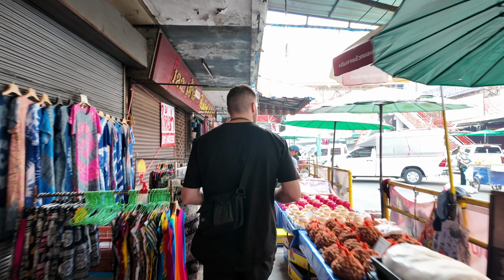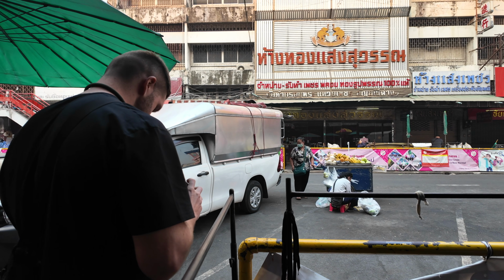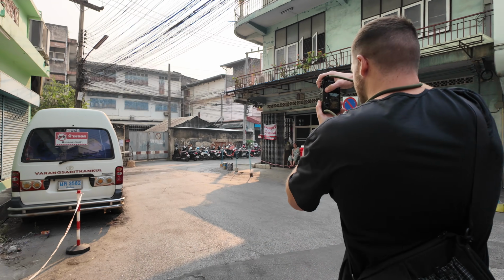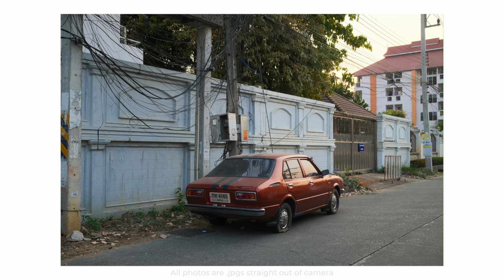Okay, but let's talk about this camera from a photography perspective. Now, I have taken this thing out all over Chiang Mai. I've brought it to a few different markets, and I've also just driven around on my motorbike and looked for cool stuff on the side of the road. And there are so many hidden gems in Chiang Mai, and I have been shooting like crazy with this camera over the past week, and I'm super happy with some of the photos that I've been shooting, especially with the